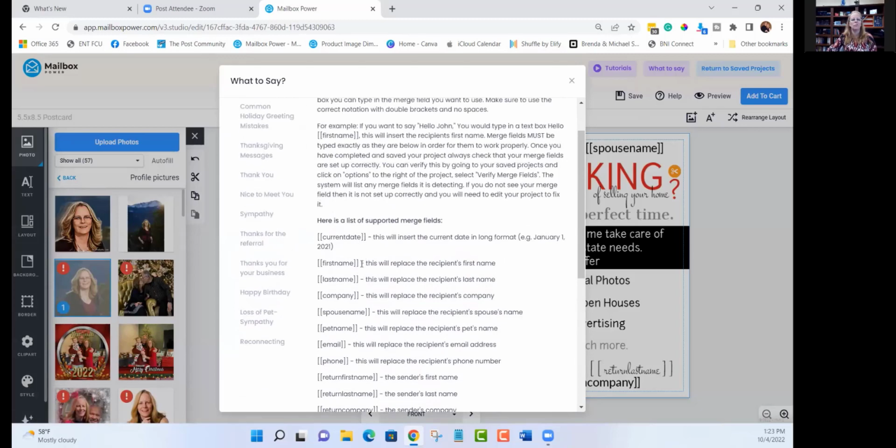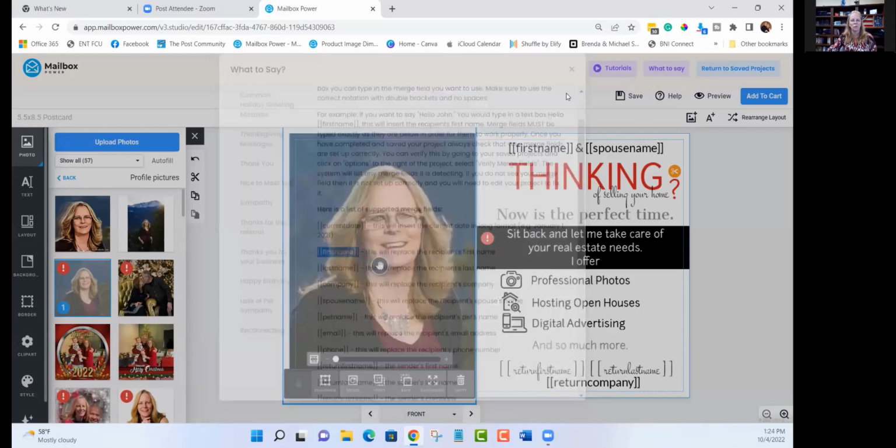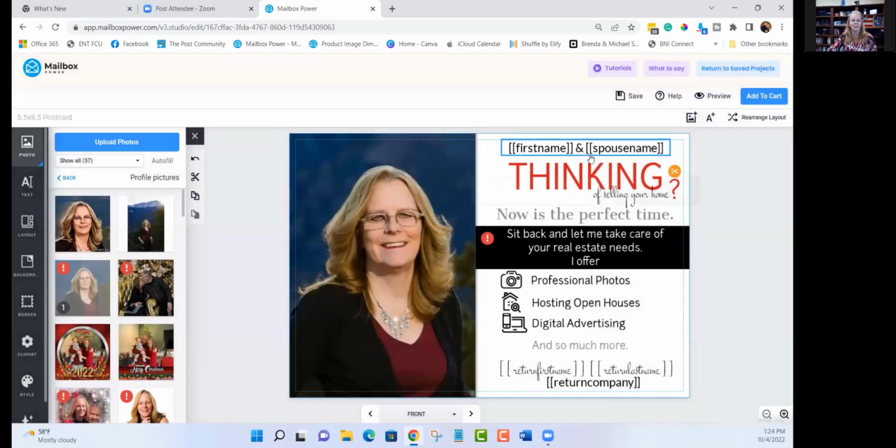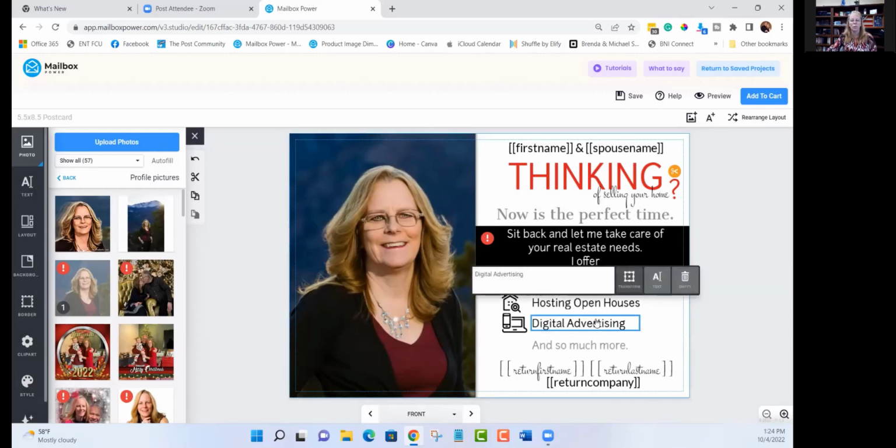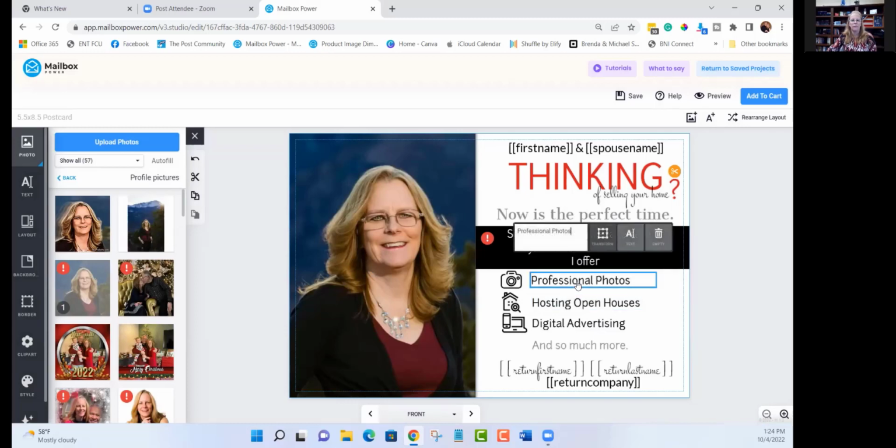If I wanted to use first name, I could literally copy and paste when I'm done. So Control C and then paste it in to here, and I would have it exactly the way it needs to be, and I wouldn't have to worry about whether I typed it right. Then I look at everything else. Is everything else the way I want it? Do I offer all of these things, or maybe I need to change these up? If I do, you can change them, as you can see, but I like it the way it is, so